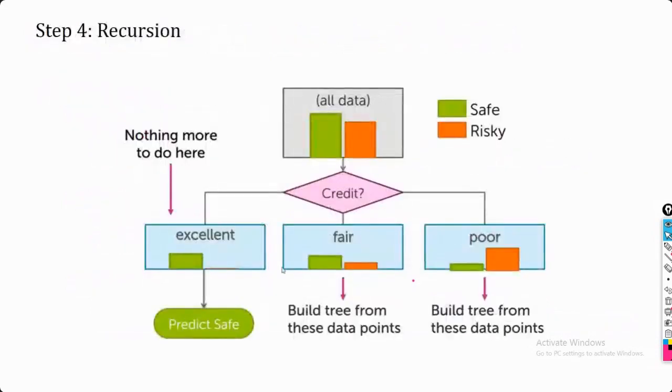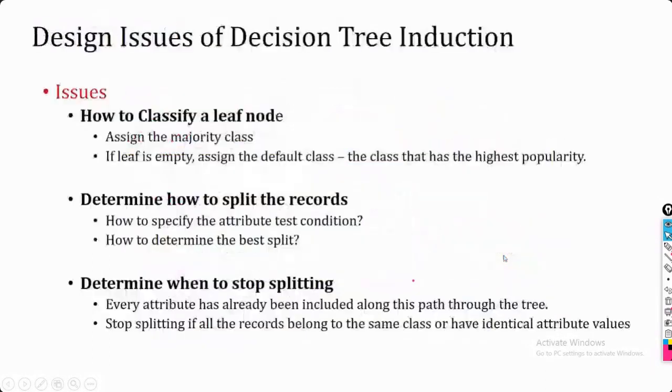Like here, where the majority of the instances have the safe class, if I want to stop at this point, I'm going to say this is the safe one. In this other case, it's risky, because most of the instances are part of the risky class. So I'm going to declare this a leaf, and the class label is going to be risky. This is one of the ways to decide the class label of your leaf. Next is which attribute I need to select and what the attribute splitting criteria should be. This we are going to see in the coming slides.